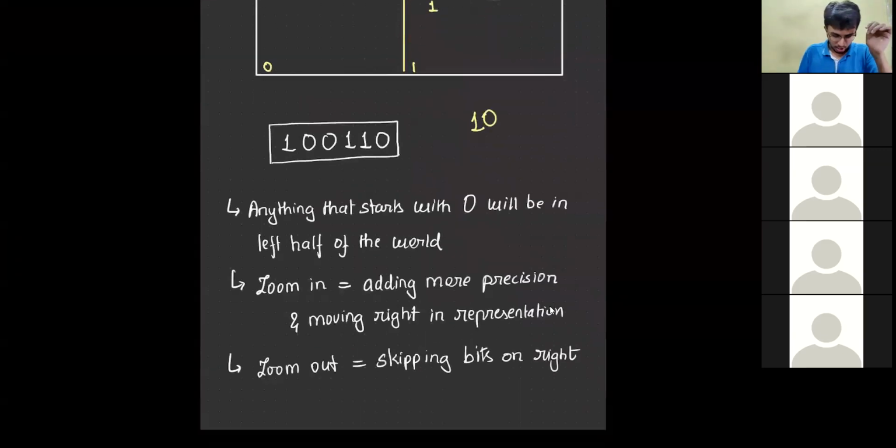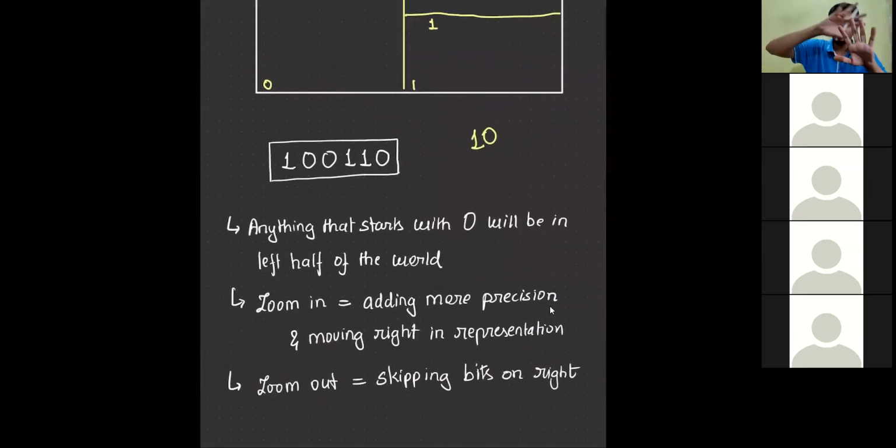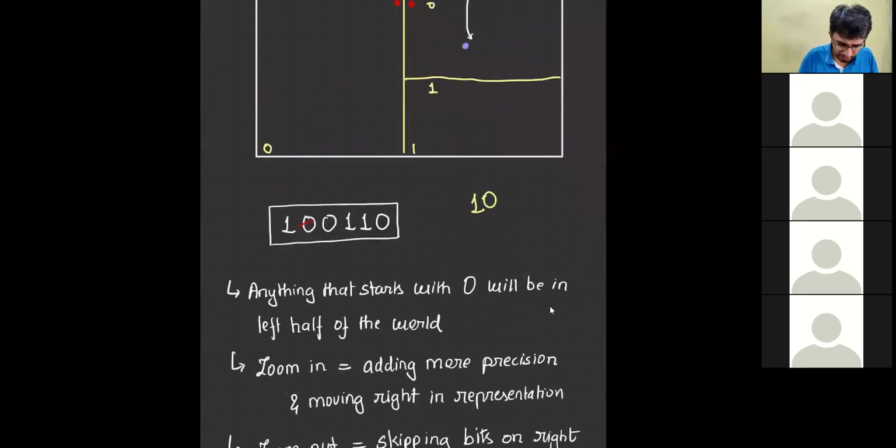So when we are adding more bits to the right, or basically doing more splits of my geography and adding more bits to the right part, we are adding more precision to our number, which means we are actually zooming in, because by going that deep we are checking who the neighbors of this part are. And when we are skipping the right half, because when you just consider this much of it, like one, we are basically zoomed out of the world and we are just seeing the right half of the world. Correct.